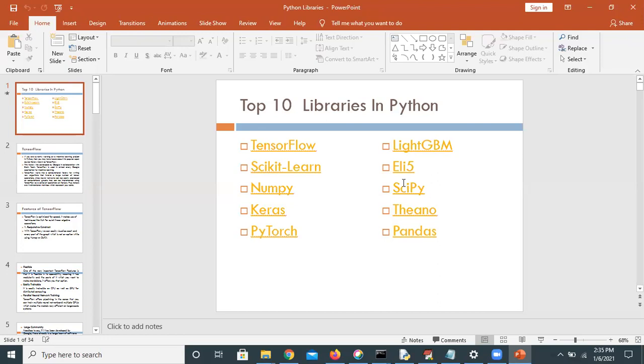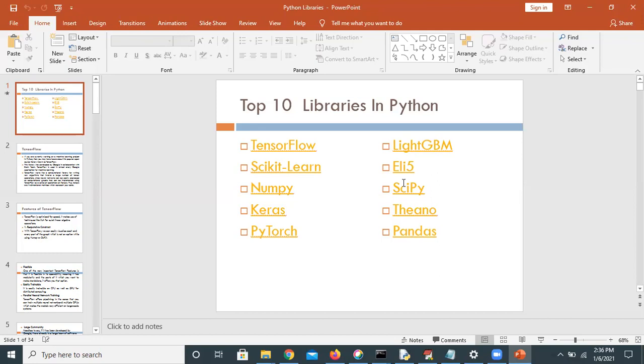TensorFlow you can use simply for tensor operations. Which purpose? Tensor operations. That means whether the image has a person or not, and whether it is audio or not. Okay, Google Voice Search, you are using that one. scikit-learn is used for algorithm implementation. Which algorithms? Machine learning algorithms. If you want to implement them, we need scikit-learn. Okay, like that. Next one, NumPy.